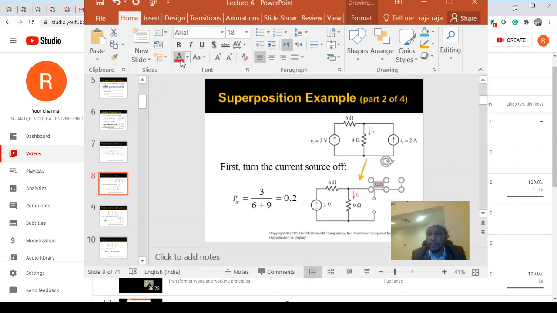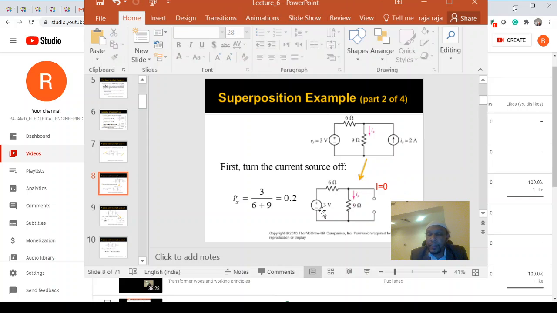In this branch there is no current, I equals 0. So you have to see here, this is your source, the current flows through the 6 ohm, and this is the node. After that this current is 0 because of open circuit. If it is open circuit at 0, only the current flows through this branch. So this is a single loop. Before it was 2. Now after the case 1 superposition principle we apply, this is now a single loop.